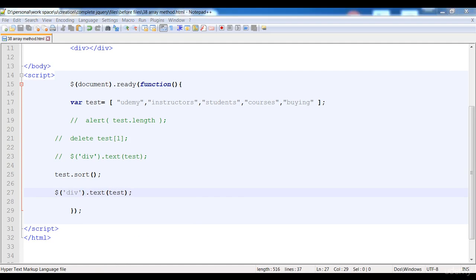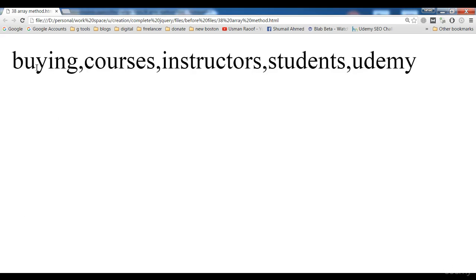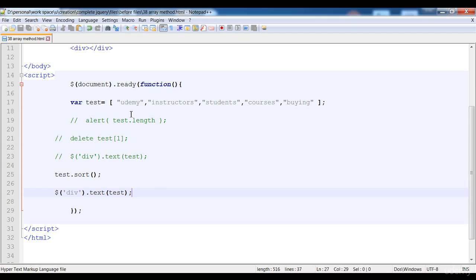Here you see that buying is first, courses is second, instructor, students. All array values are sorted from their first character. B is before C, so that's why it is first, and C is before I, and S is after I, and then U. So here you see that these were random, but now